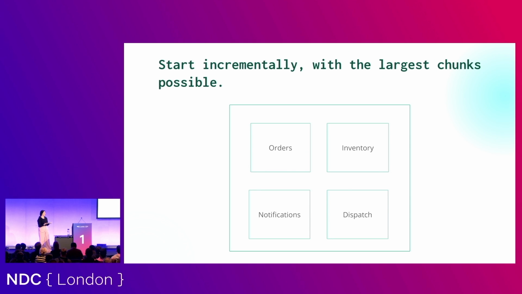So let's have a practical think about this. We want to incrementally do this in the largest chunks possible. So the largest chunk of cohesion, because we can start to further decompose. So we take that, everything to do with orders is one module. Everything to do with inventory is another module, and so on. So we've got all of these highly cohesive areas, and they're loosely coupled.